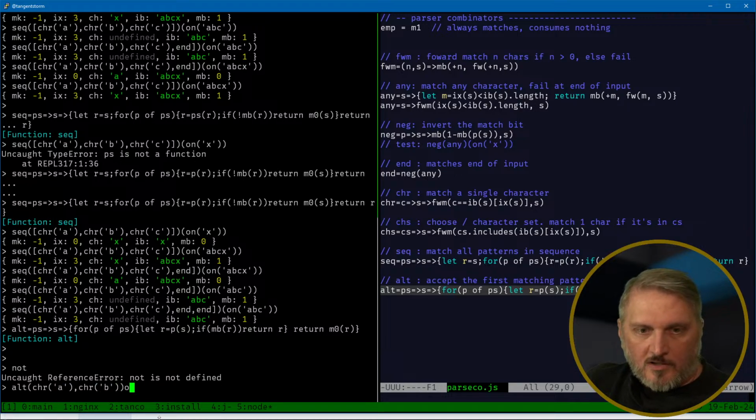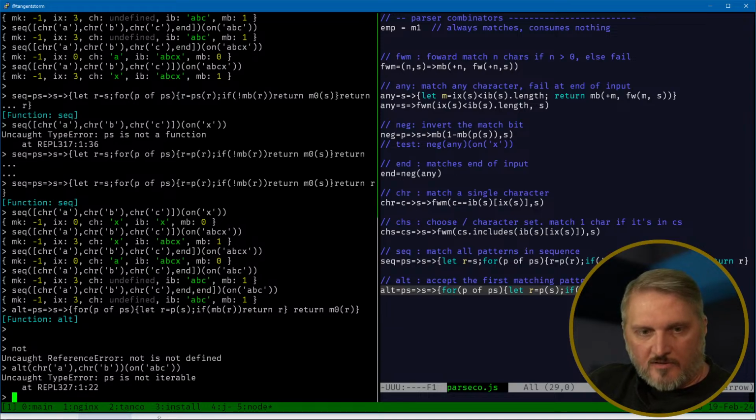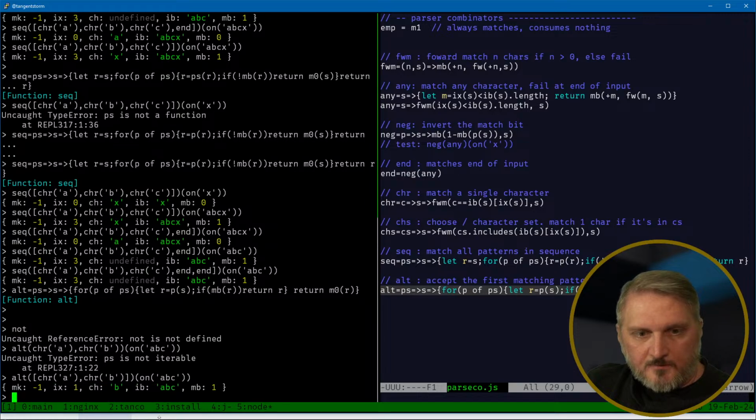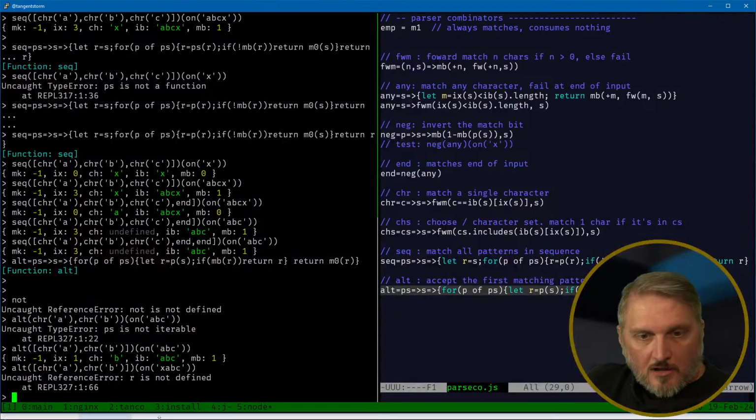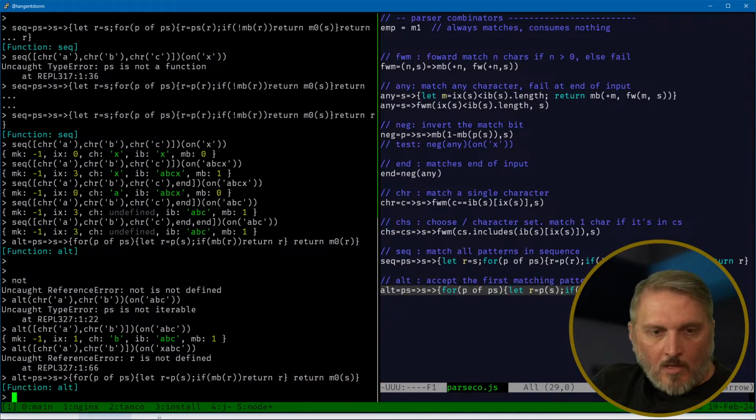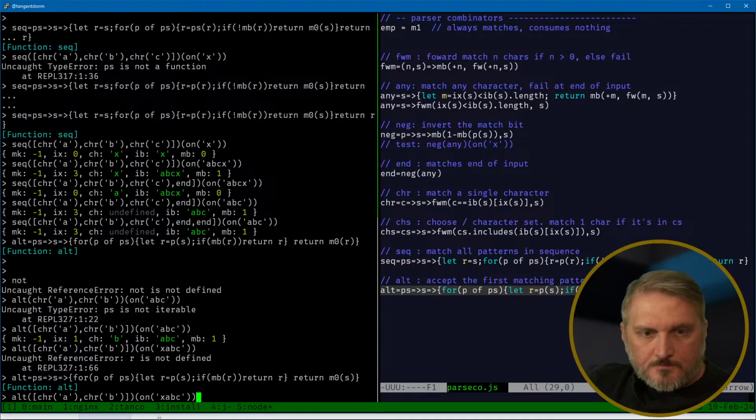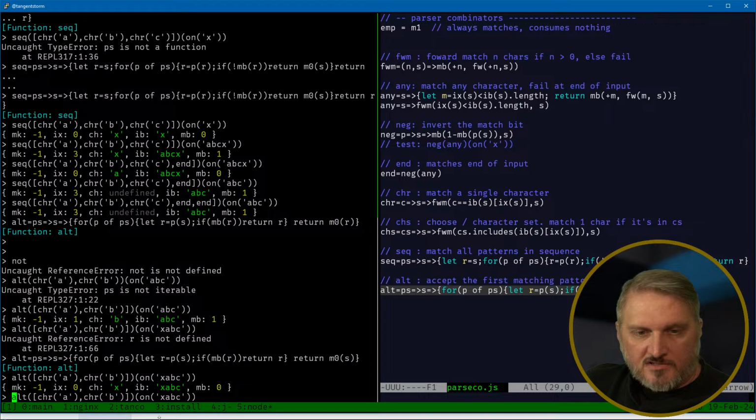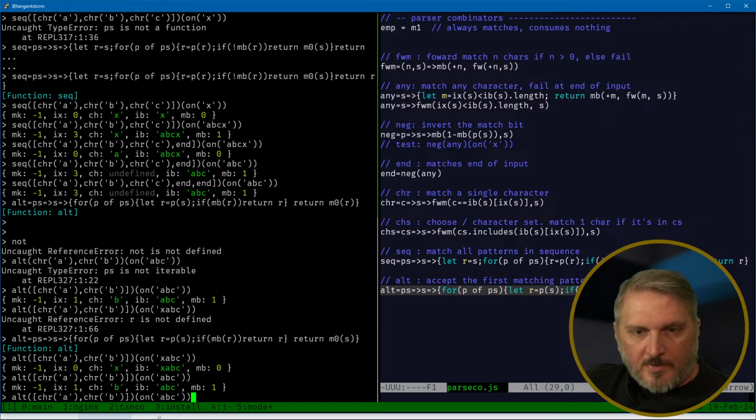So A or B, and then we're going to do on ABC. So that should work, right? Because A is one of the... PS is not iterable because we didn't put these in doohickeys. That worked. And this failed. Ooh, R is not defined. The MBS. None of them match. So that failed. This passes, and then